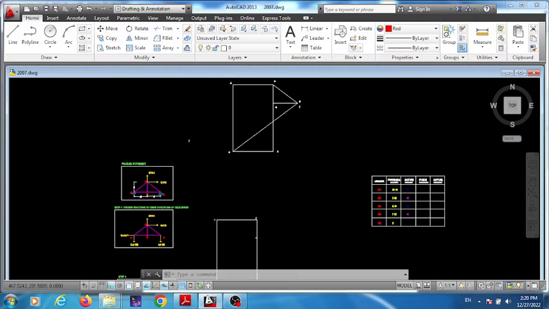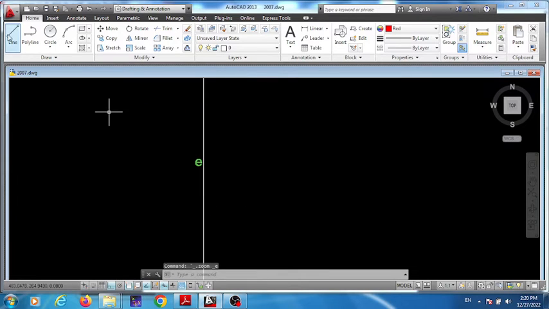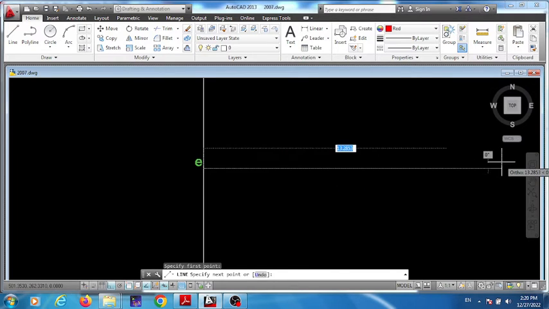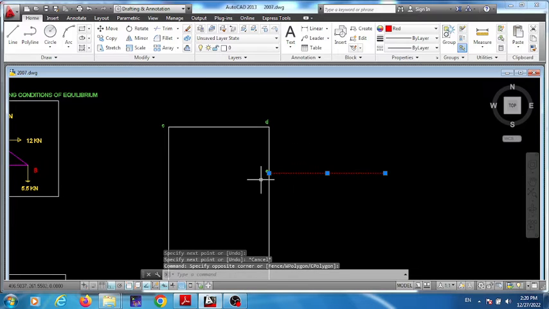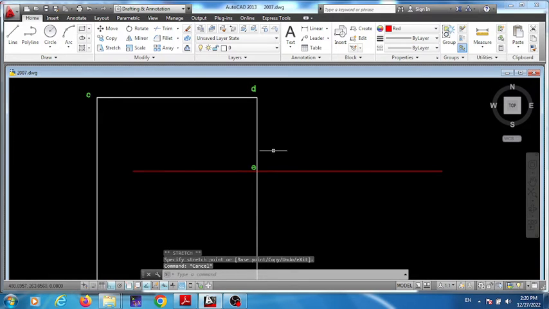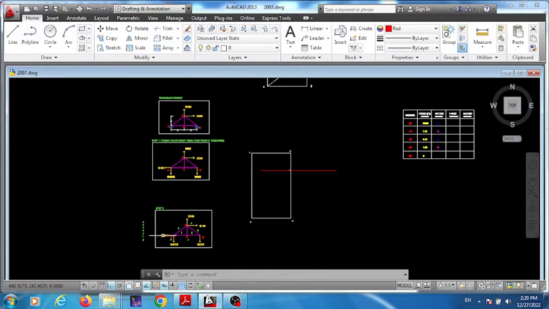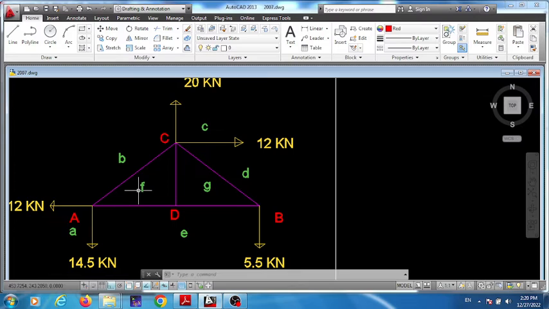So we will draw a line from E on both sides, because we don't know. So I will just extend it on both the sides. Why? We don't know where F is, on right hand side or left hand side, or at how much distance it is. Now next you can see B and F.